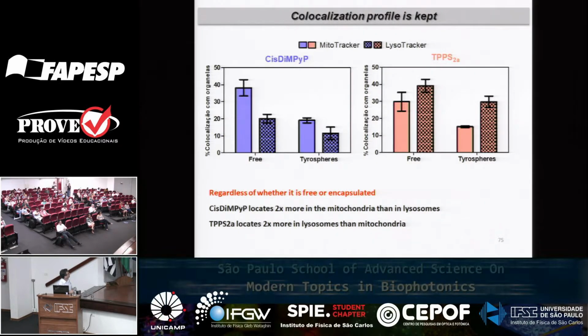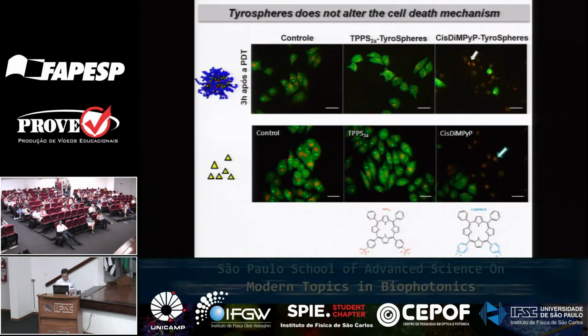The level here is the amount of fluorescence, so it doesn't really matter, but the ratio here is basically the same, and the ratio there is basically the same. So this molecule binds more to mitochondria as the free dye, and this one binds more to the lysosome as the free dye. When we look at the cell death mechanism, interesting,